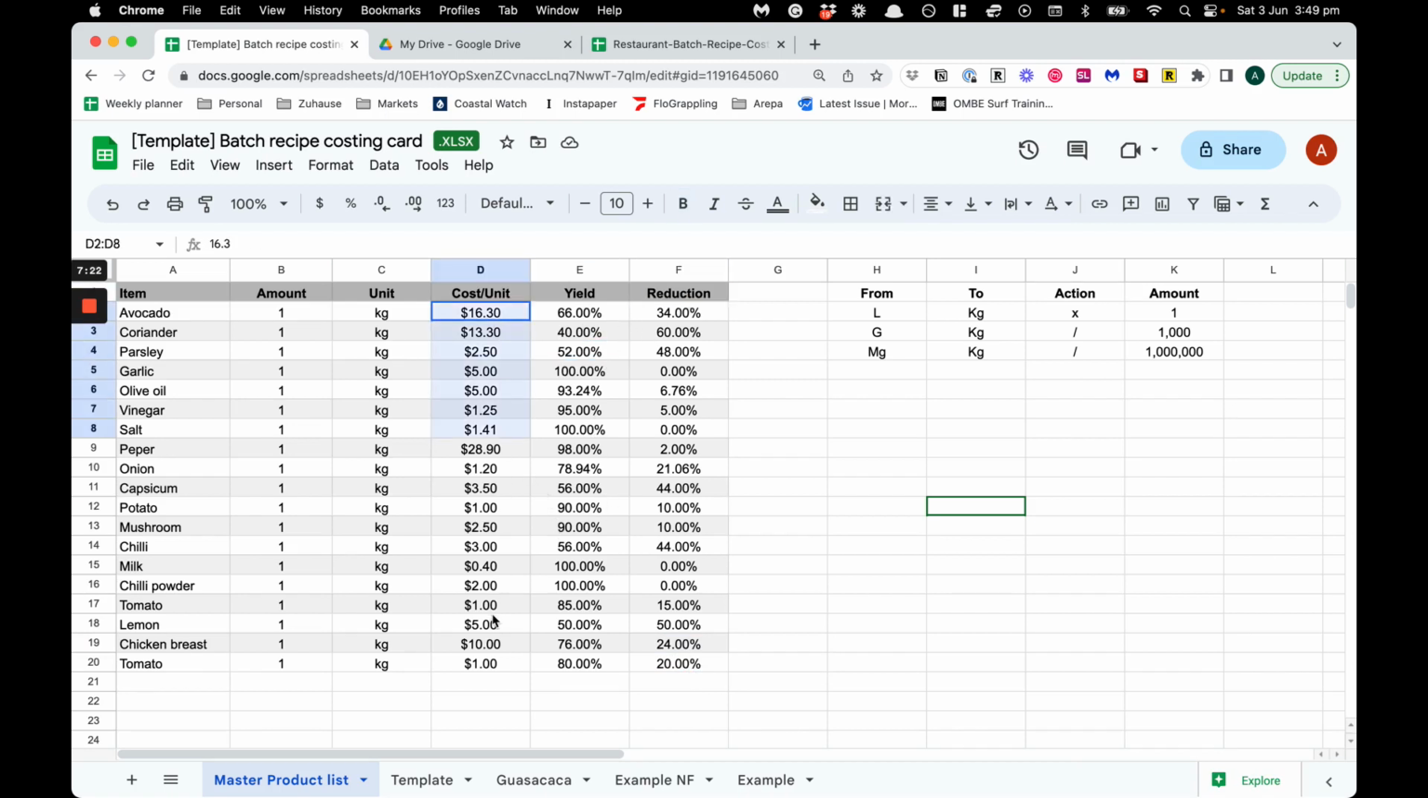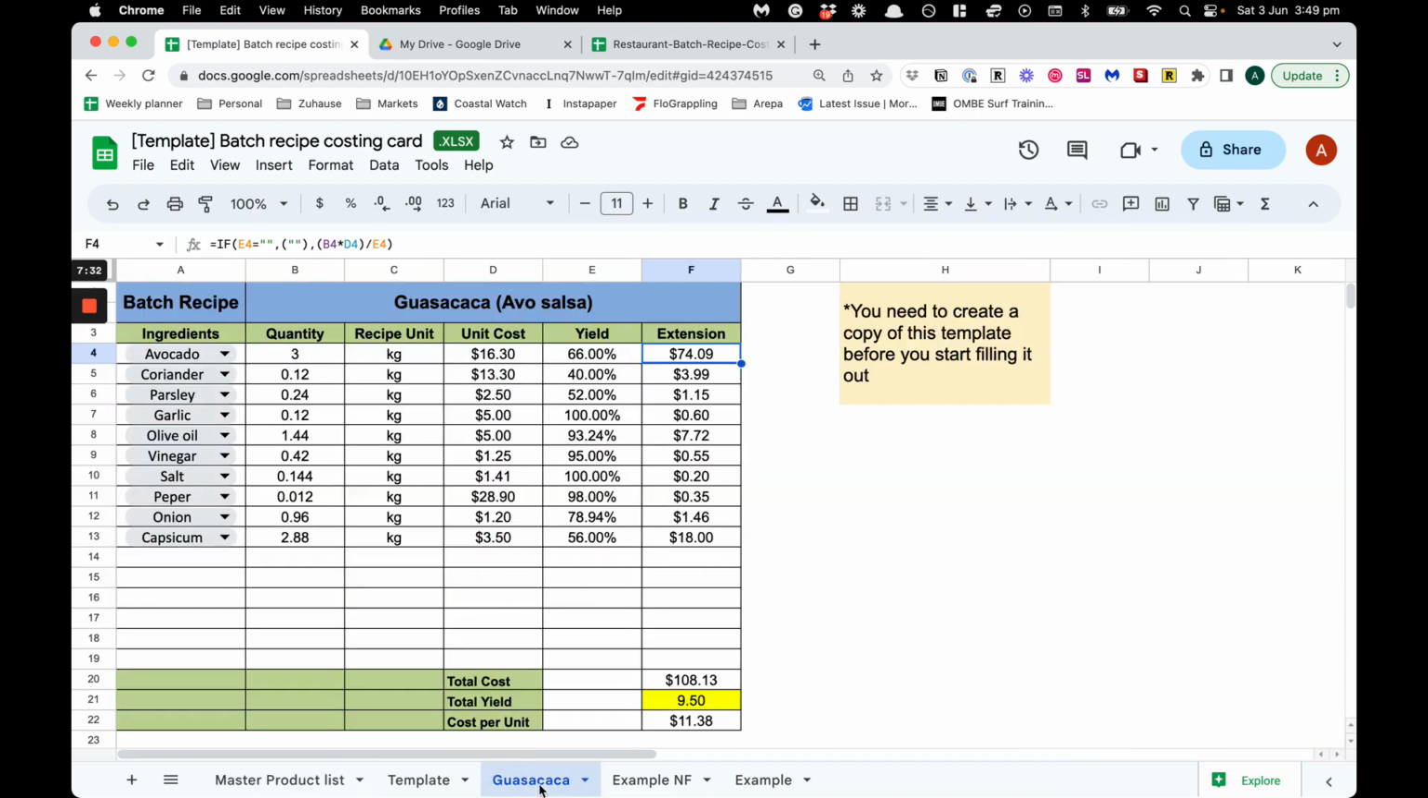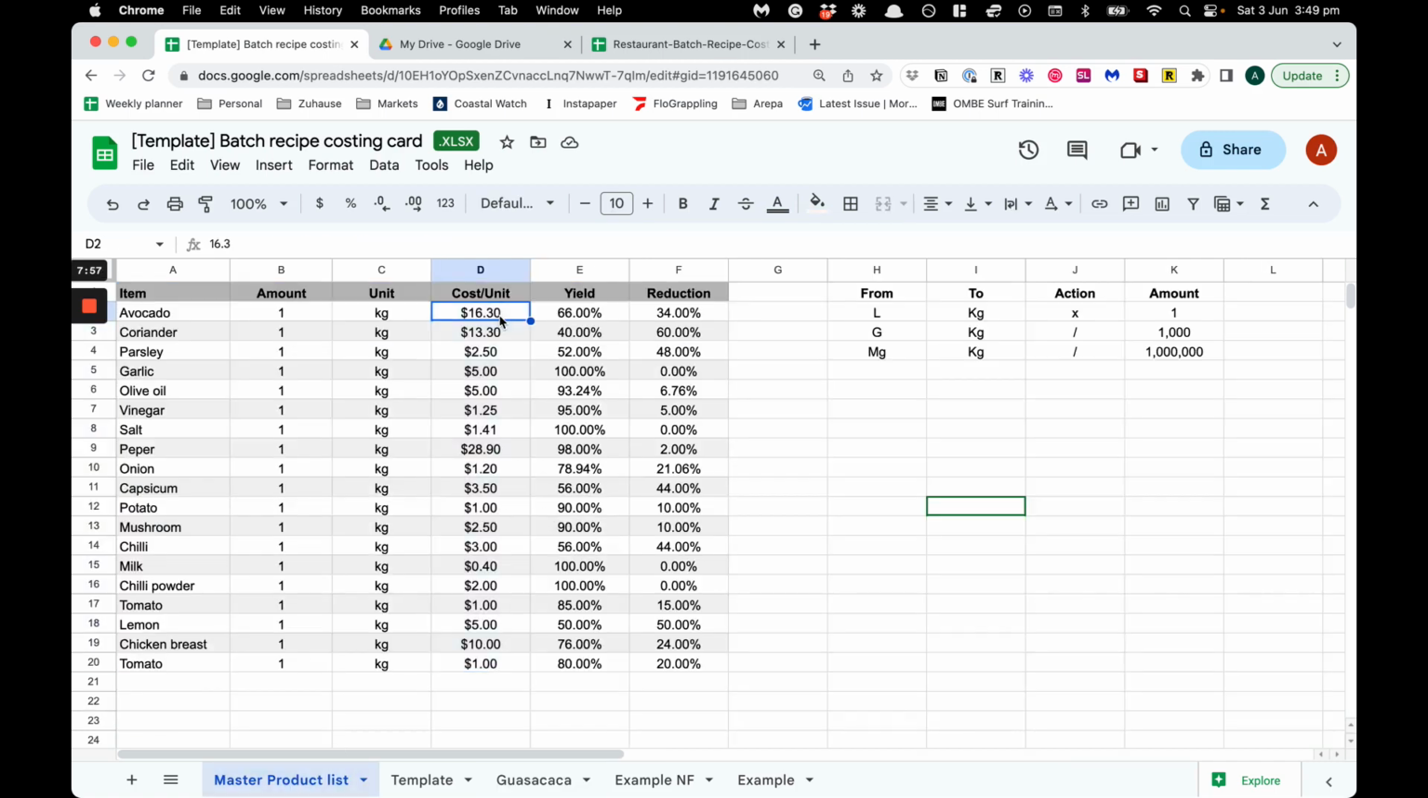I've got my costs here, which I need to keep updated. I need to constantly make sure that all my costs are up to date, so that if I am doing all my recipe cards in this way, then as soon as I change the cost of something, it automatically changes it in every single one of my spreadsheets. That way, if for whatever reason, which does happen somewhat often, one of my suppliers says, you know what, man, avocado's going from $16.30 to $20, all I need to do here is change